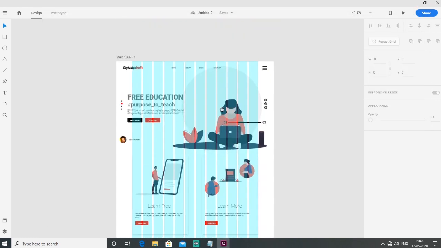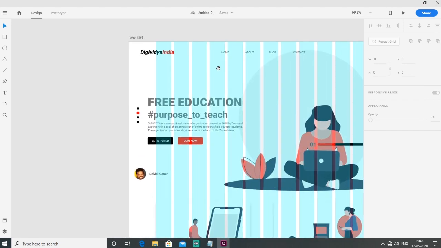Now I want to add some shapes using the pen tool.